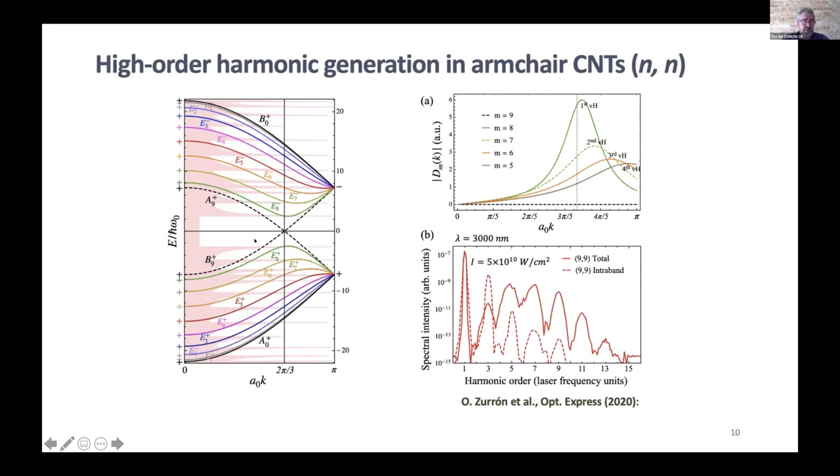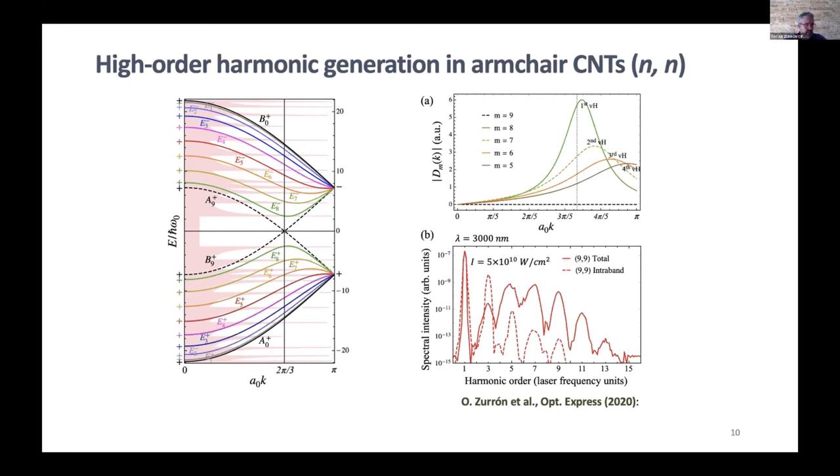Thereby, no excitation occurs at this point, and the contribution of this band to the total high harmonic spectra corresponds solely to intraband dynamics. For the rest of the bands, the matrix element shows peaks of magnitude which increase with m. The absolute maximum is reached at the first Van Hove singularity, as you can see here. This fact suggests that the interaction with the driving laser is much stronger for the states packed at the first Van Hove singularity than for others, and therefore that the interband emission spectra is mainly due to transitions within such states.